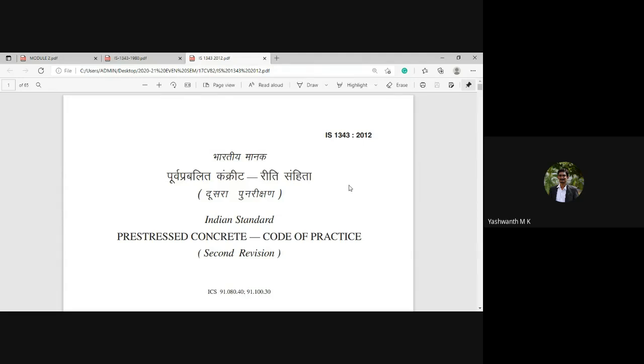So in this particular session, as I discussed regarding those types of losses in pre-tensioning and post-tensioning systems, let us further discuss, as per the IS 1343/2012 code, what are the losses of pre-stress that will be encountered in the PSC, and how to calculate those losses as per IS 1343/2012. Because in the last session, as I stated, instead of remembering the formula, you can also use this particular code book, and you can go ahead with these types of formula.